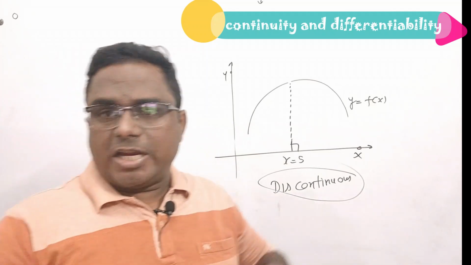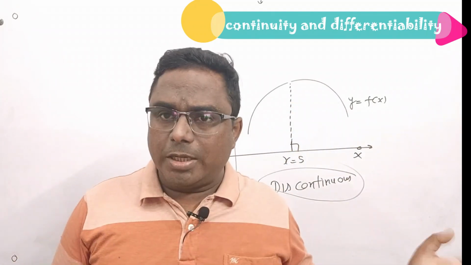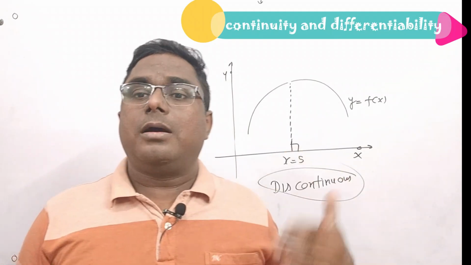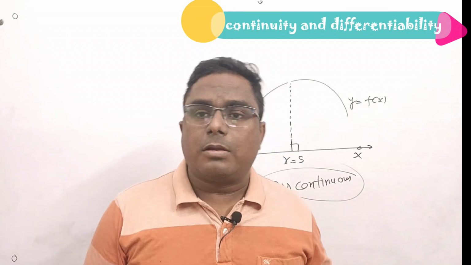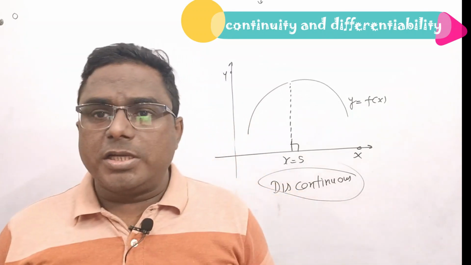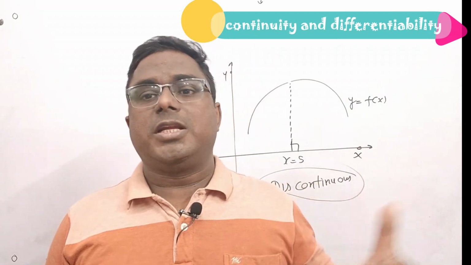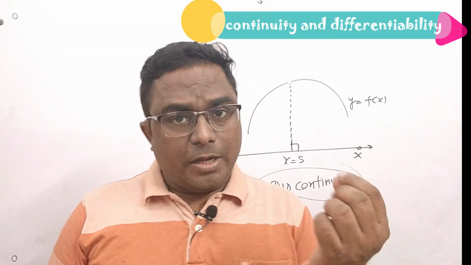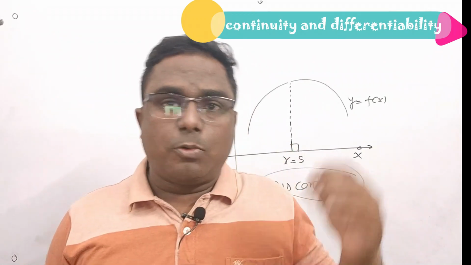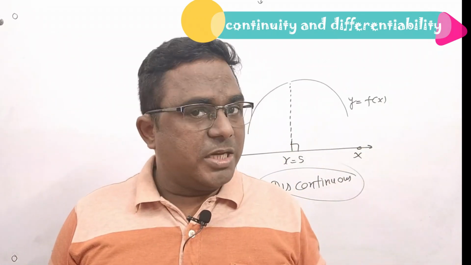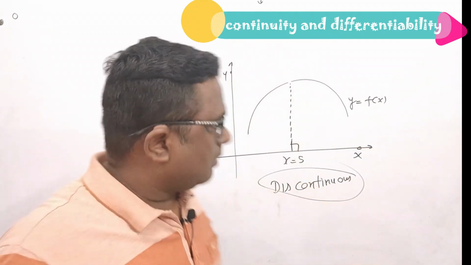And if I check other points like this point, this point, this point, at other points it is not broken, so at other points it is continuous. So what is the meaning of continuity? Continuity simply means if the function is not broken at a point, we will say that the function is continuous there. And if there is a gap or hole or the graph is broken at that point, then we will say that at that point the function is discontinuous.